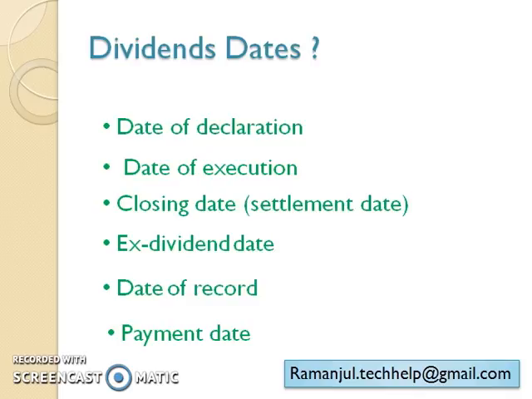The date of execution. This is the day you actually initiate the stock transaction, buying or selling. If you call a broker and ask to buy some shares, or you do your own transaction, buying or selling, that is called the date of execution. The closing date or settlement date. This is the date on which the trade is finalized, which usually happens 3 business days after the date of execution. Once we buy the shares, after 3 days only we will get those shares into our account. That is called the closing date or settlement date.